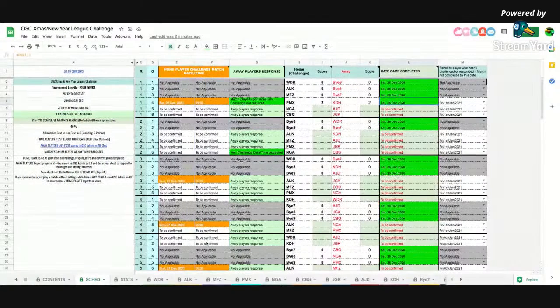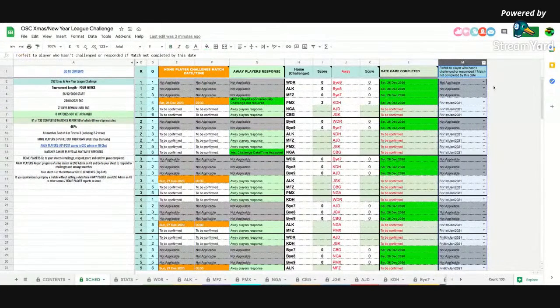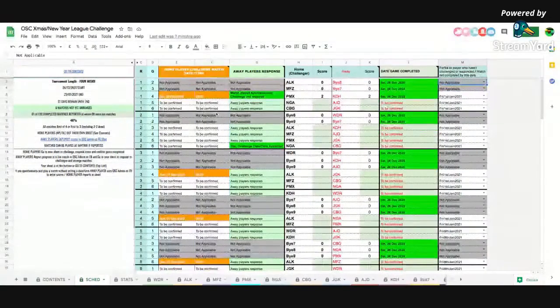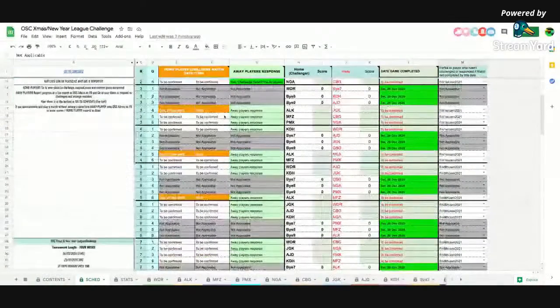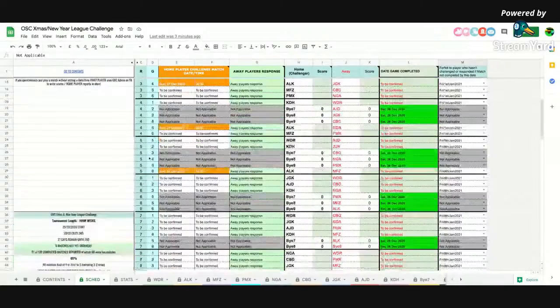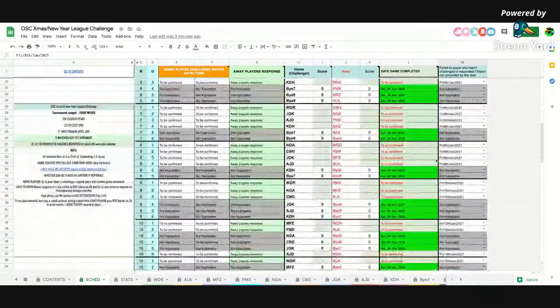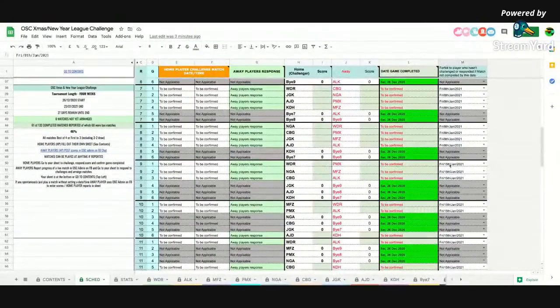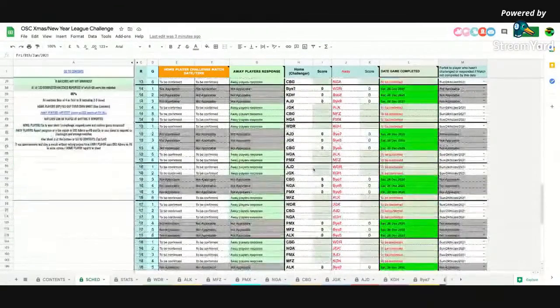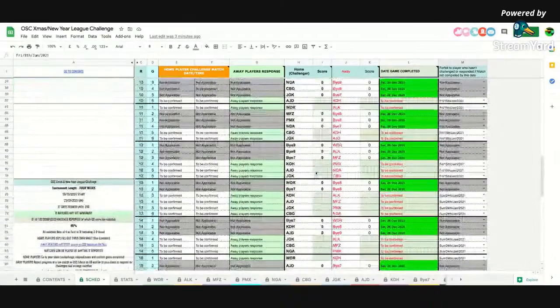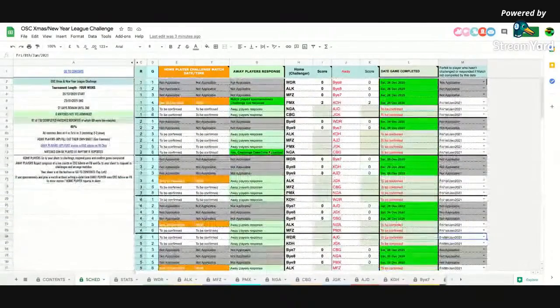And in column M, this tells you when the game needs to be played by, Friday the 1st. So the first 4 rounds are to be played over a week, and then the next 4 are to be played by Friday the 8th of January, and so on. Then the next 4 the 15th, and then the next 4 Sunday. You can play any match you want as long as you complete the earlier rounds by the dates told in